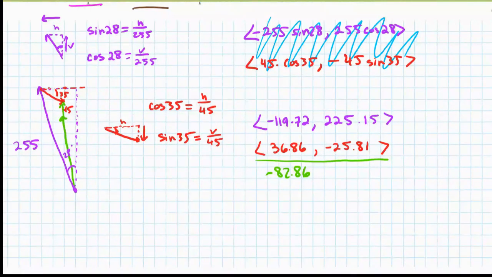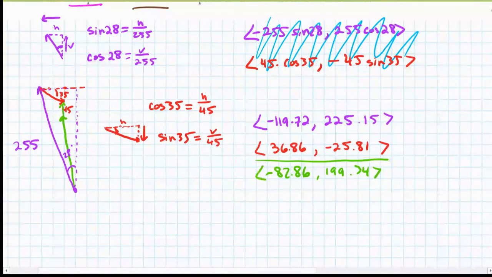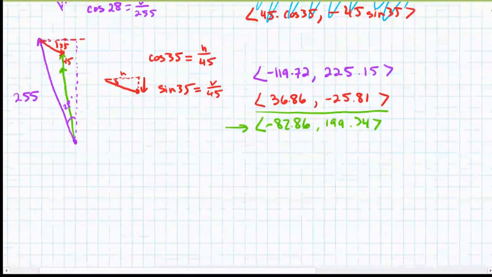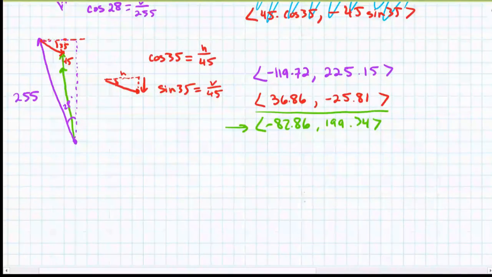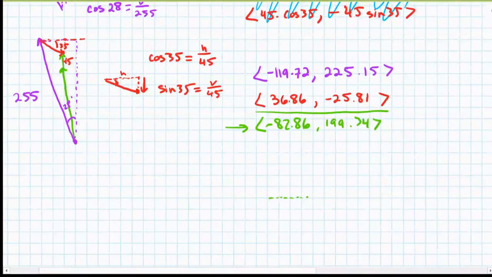In this case here, 225.15 minus 25.81, and we get about 199.34. Again, rounding may be giving us different values, but here are the components of my final vector. So really, if I were to draw that out, I would go 82 units to the left and almost 200 units up, and I would have a vector that looks like this,